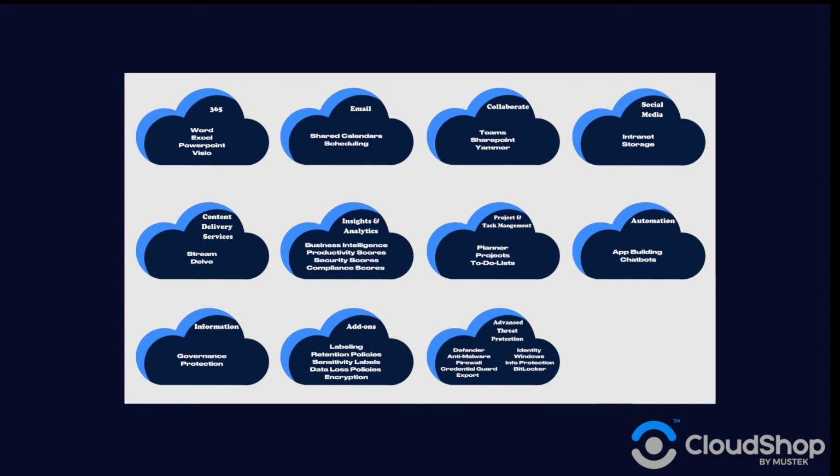Defender, there's anti-malware software, the firewall software, the credential guard software, exploit, identity, Windows Information Protection, BitLocker. When someone says 365 and they're only thinking about that element of the solution, you can see how detailed